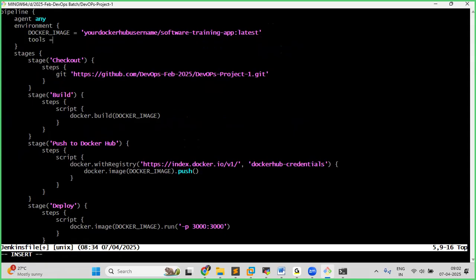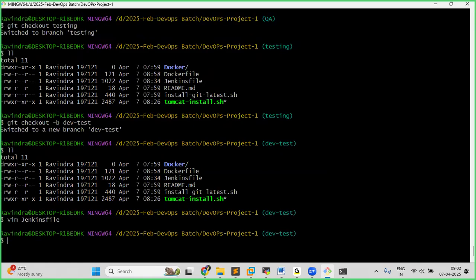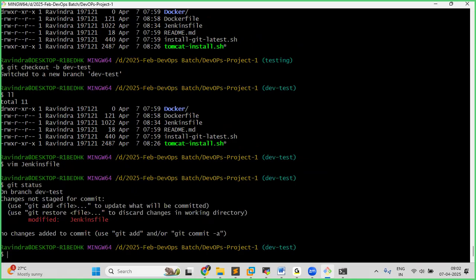Tools equals to Maven. We are going to write it. Okay, just let me modify this. Now, okay, git status. See guys, on modification,